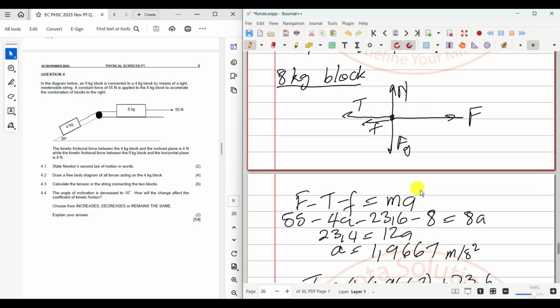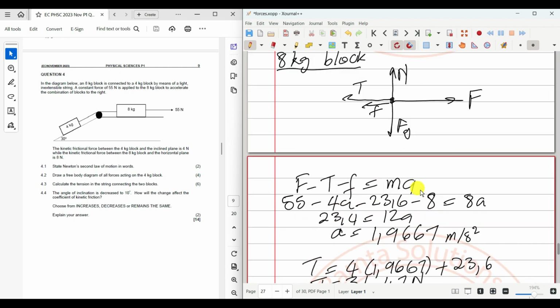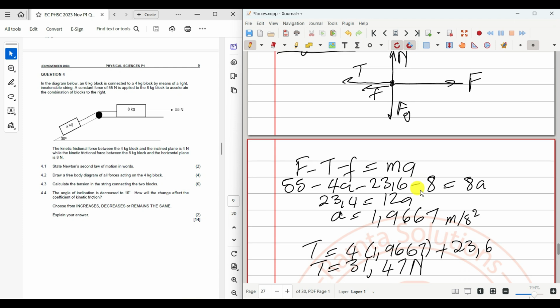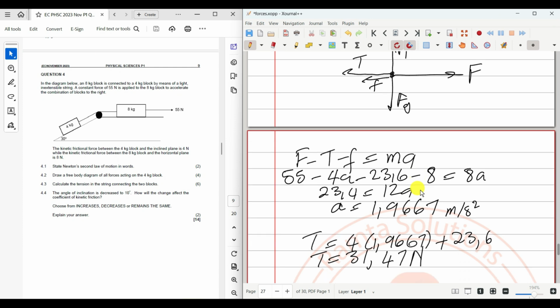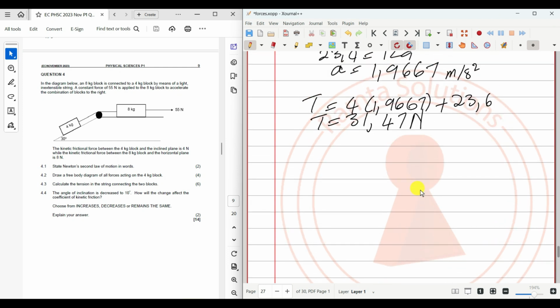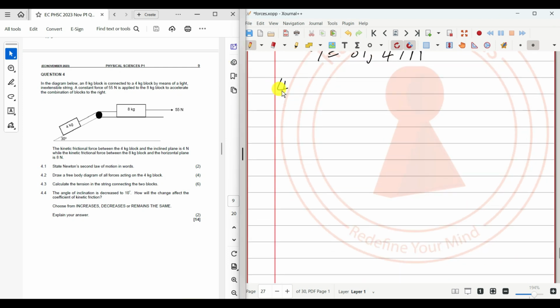As we proceed now, let's see if we lost anything. Okay, we didn't lose anything. All right. Now, let's see 4.4. What is 4.4? 4.4 says the angle of inclination is decreased to 10 degrees. How will the change affect the coefficient of kinetic friction? It will remain the same. Why does it remain the same? Because the coefficient of friction does not depend